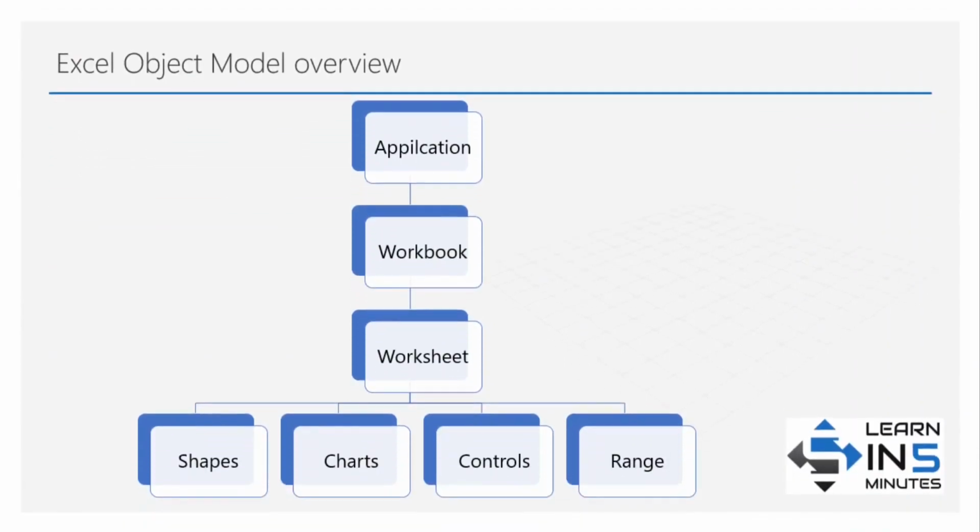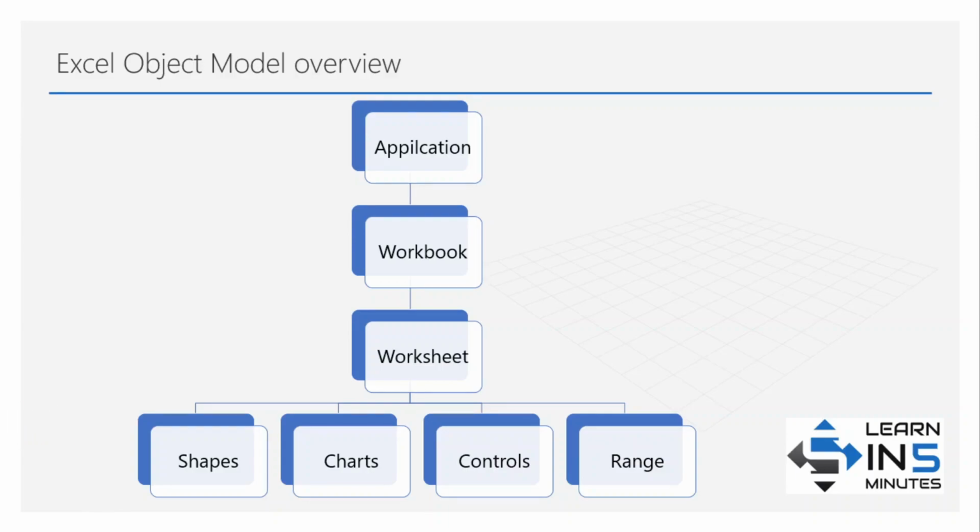Now let's understand about Excel Object Model. Now what exactly Excel Object Model means? What exactly is the hierarchy of the objects in Excel? The very first object is an application. This can be any application like Word, Excel, PowerPoint. But in this example, let us consider this to be Excel. The object model closely follows the user interface.